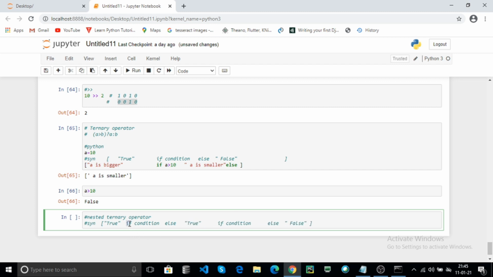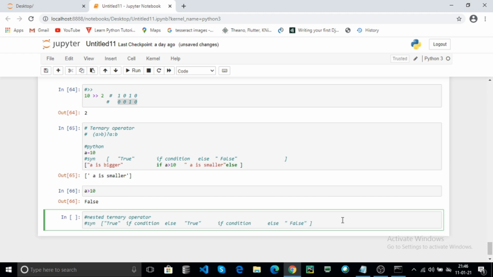Here it checks this condition. If this condition is true, this string will be printed and the else part will be skipped. If the condition is false, the else part will be executed. In the else part, again one if condition. If the if condition is true, the true part is executed. If the if condition is false, the else part is executed.